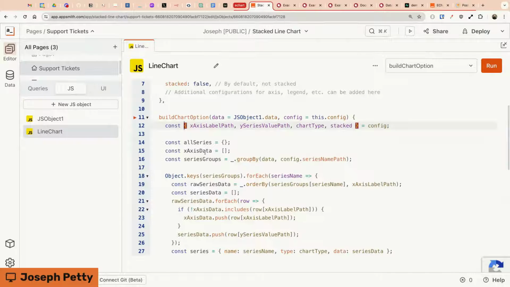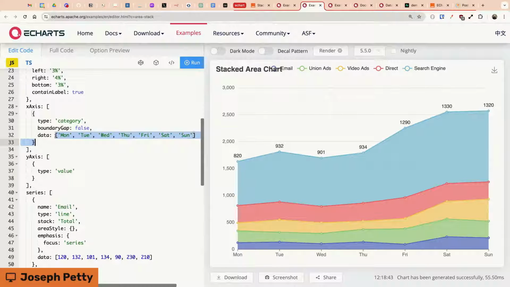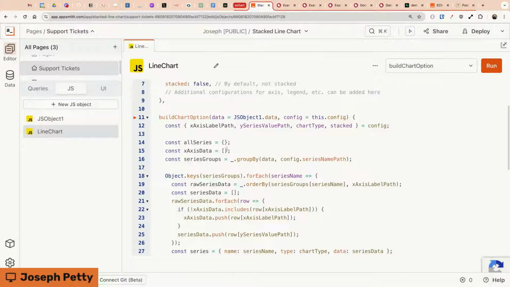Okay, and then the X series and all series. Let's look at the X series on the original example. This is a list of the columns across the x-axis here. So in this case, it's the day of the week, but it's going to start out as an empty array. And then as you're looping over the raw data that we've got back from SQL, I want to be able to push values into this. So this is where I'm going to create that just as I'm going through, let it build up,